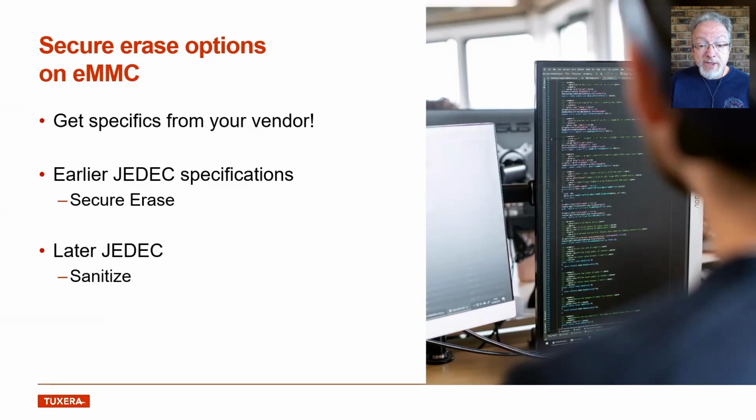The JEDEC specifications 4.5 and earlier provided a secure erase command to augment the standard erase command for secure data. I don't know how it worked internally, probably different for different vendors, whether that forced an immediate compaction or merely marked the page as removed. But it did give a direct level of control to remove secure data. In fact, we adapted our Reliance Nitro file system to provide a secure delete, which matched up with this secure